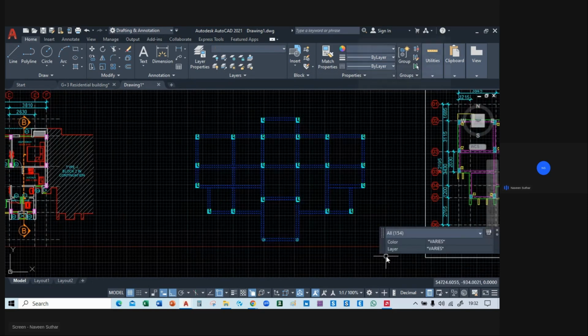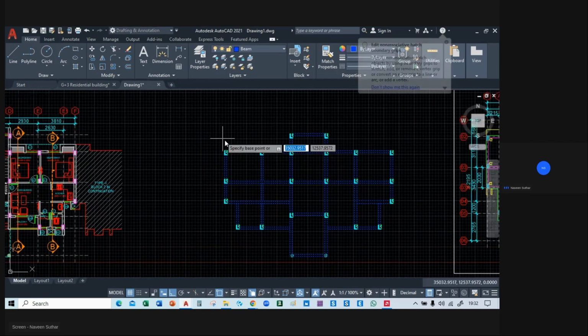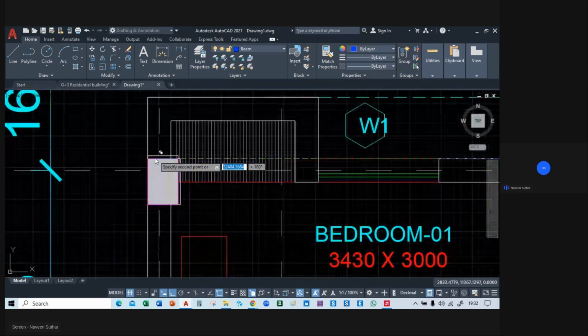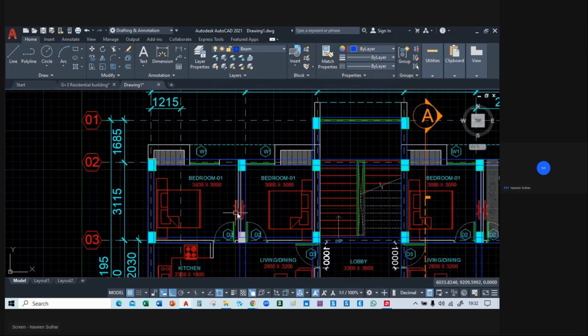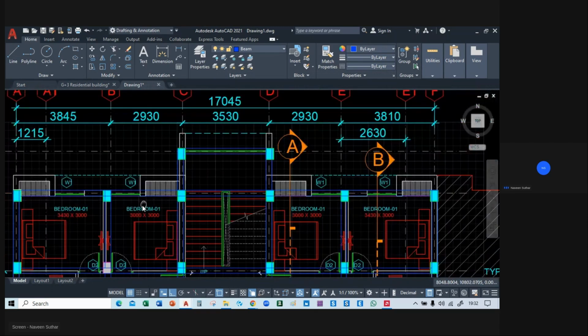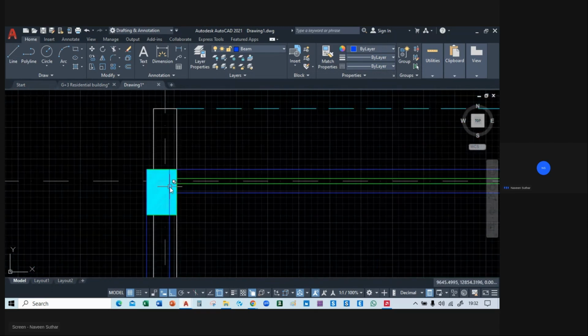So let's move it again. We will overlap again and we will see. We will compare the structural plan and the architectural plan. Okay. So here everything is okay or not? Okay. So we will extend these beams here. So let's extend this from here to here, or you can extend using EX space